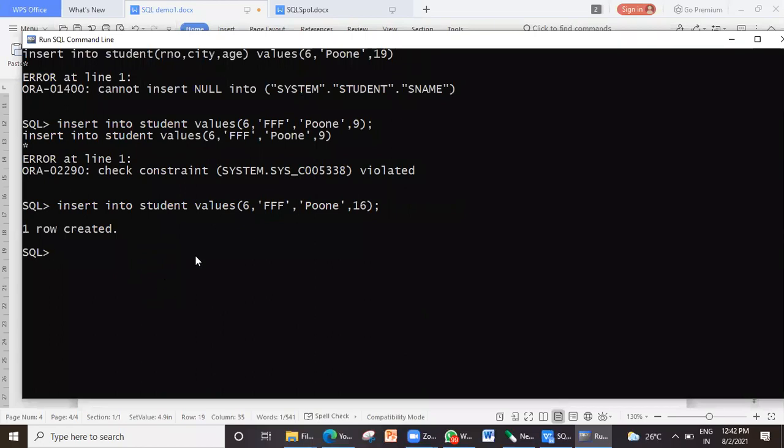Now let me specify a foreign key constraint. What do you mean by foreign key?